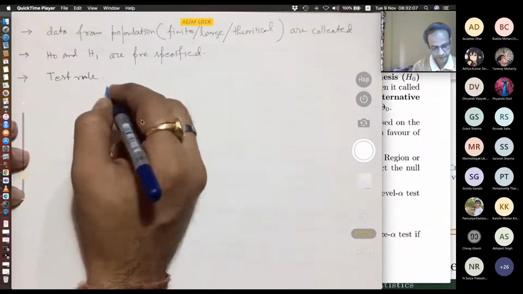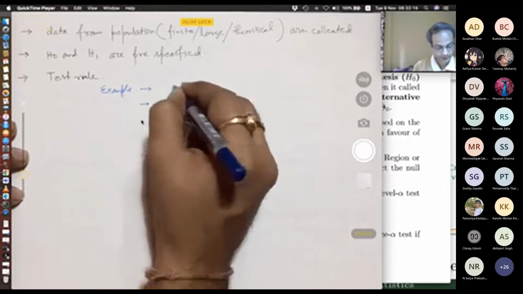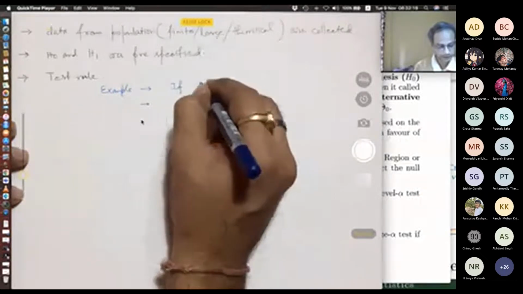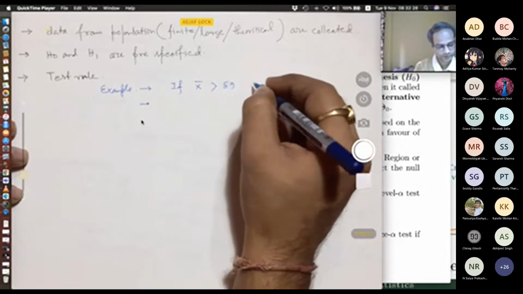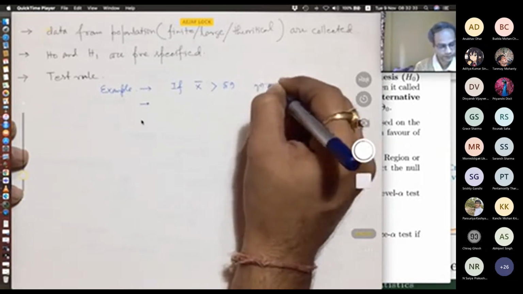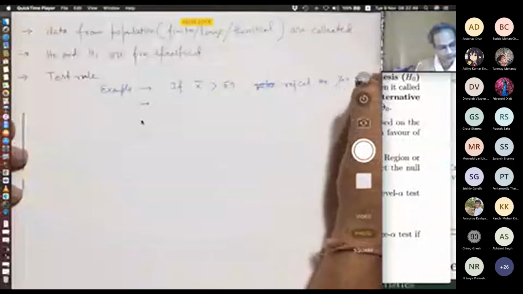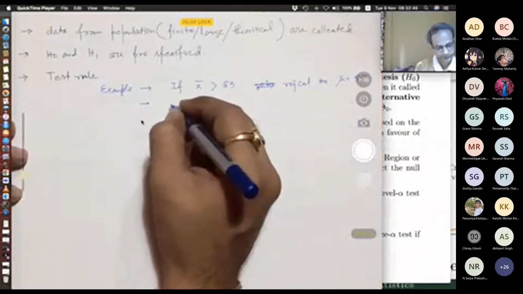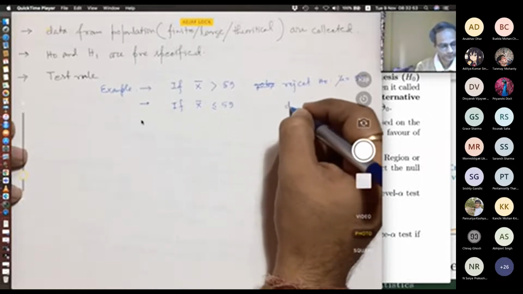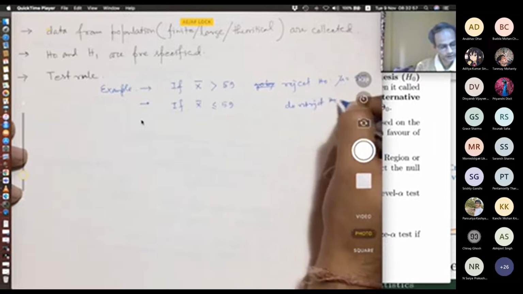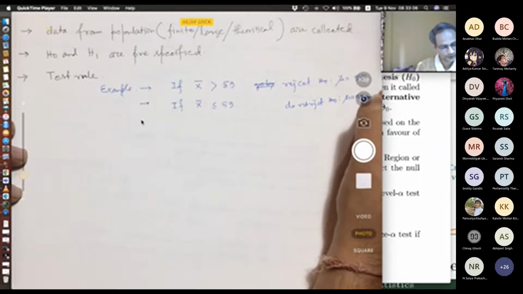But say I specify the test rule in this way: if x bar is greater than 59, I will reject H naught, which specifies that mu equals 55, and if x bar is less than or equal to 59, do not reject H naught, which is claiming mu equals 55,